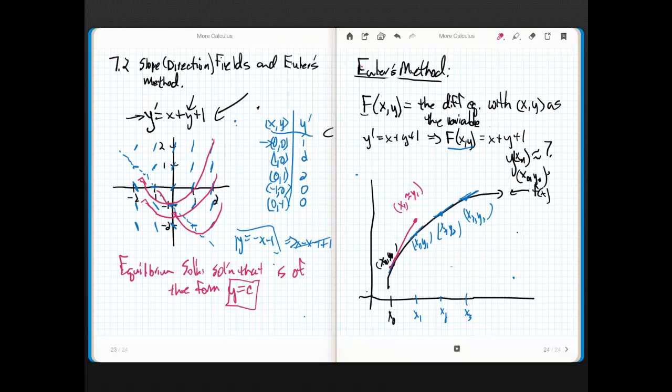He said, that's okay. We know what the slope of the line tangent to the curve is, so all we're going to do is cheat a little bit. We're going to come up here, take the slope of this line, and move it up to a point that we know for sure. And we're going to build a segment from x1 to x2 that has this slope at x1, comma, y1. But now we're stealing this point instead. If it's an approximation, it's Euler's method for approximating solutions for